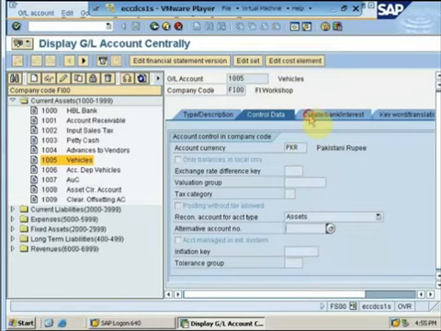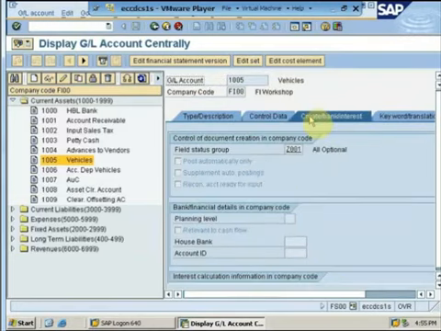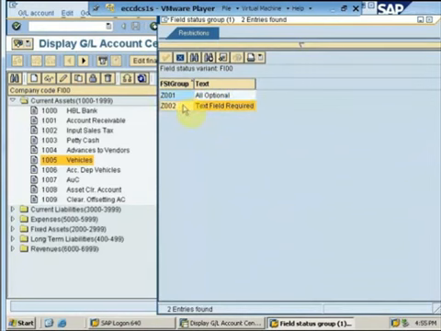Moving on to our create bank interest tab, which is also part of our company code segment, we have to enter a field status group over here. Referring back to our previous exercise, we created a field status variant under which we defined two different field status groups and we assigned that variant to our company code. So if I take the drop down of this field, the system will show me only those field status groups defined in the field status variant that has been assigned to my company code.